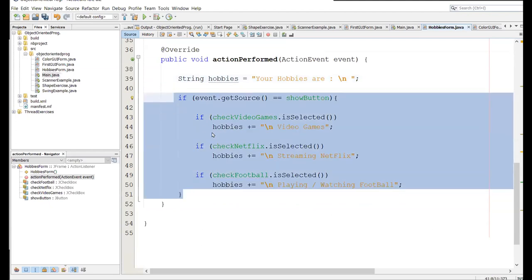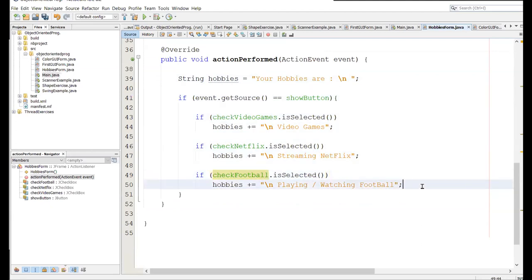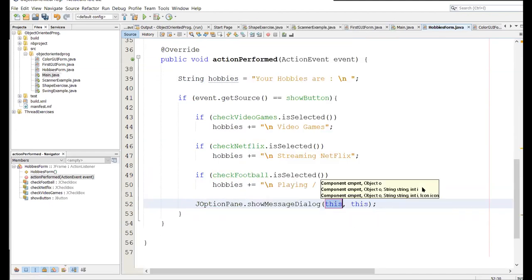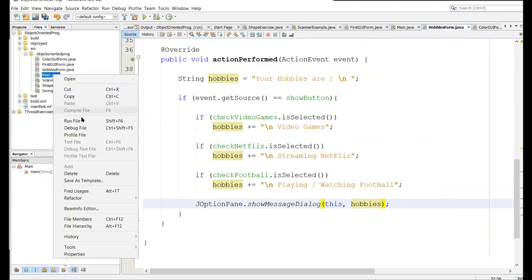Now what we need to do is to show this. As we go along, we need to show it on the screen. So when the button is clicked, we're going to say something like option A, show message dialog, and we're going to show the hobbies. Now running the application,